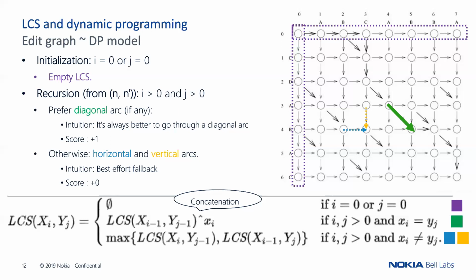Yeah, because it's perfectly normal to start from 0,0 and to build up to the end. So why try to start from the end and go back recursively, except if it's just to introduce dynamic programming? Okay, but in that case, you can go both ways. No, you're right. So I think that the reason is twofold. The first one is that at the very beginning, when the LCS was conceived, the edit graph was not represented in the mind of the person who proposed to compute LCS as I showed.